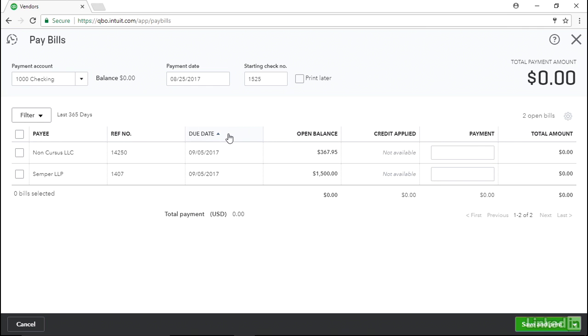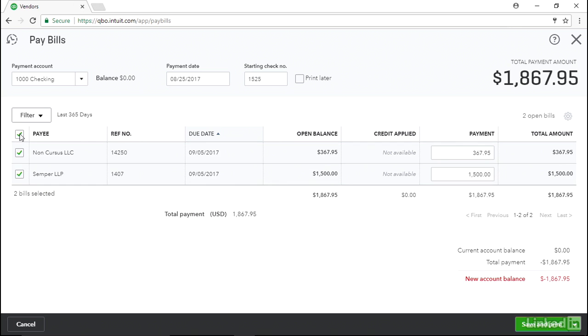The upward pointing triangle is next to the due date heading. When you're ready to set up the bills to pay, you can select individual checkboxes. But if you have the list filtered and so everything you see in the table is a bill that you want to pay, go up and click the checkbox that's in the heading row,